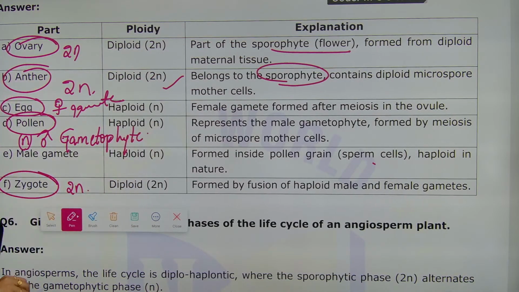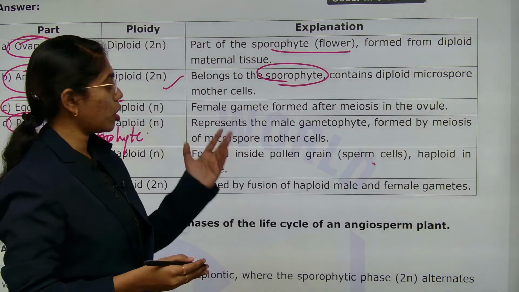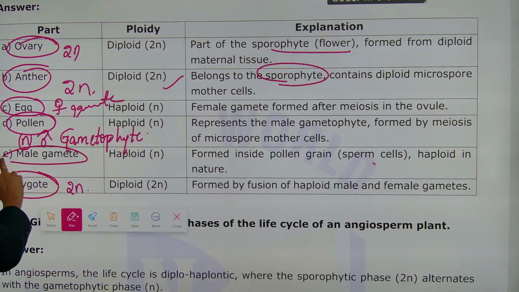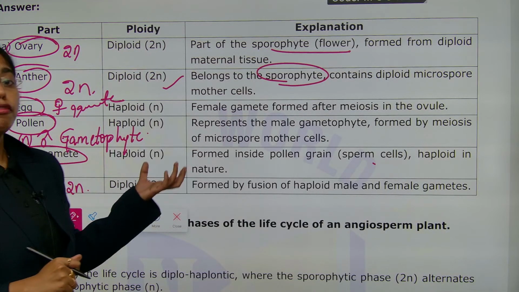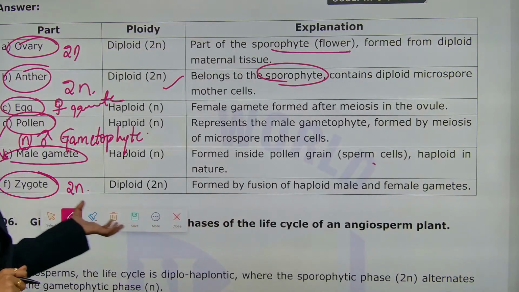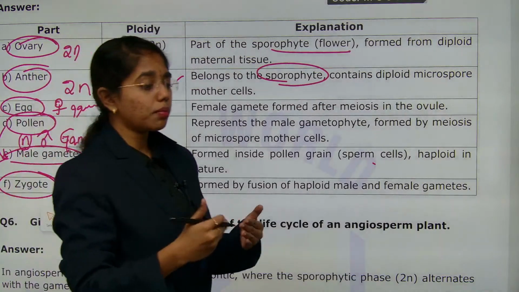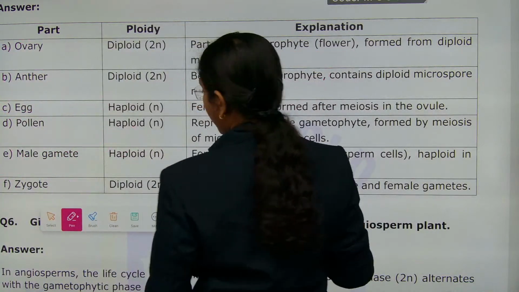This represents the male gametophyte, which is formed by meiosis of microspore mother cells, and the male gamete, which is from the pollen grains, is haploid only. This is formed as a result of mitosis of the generative cell. Clear till here? So, the life cycle of angiosperm is not asked many times, but I will explain it with